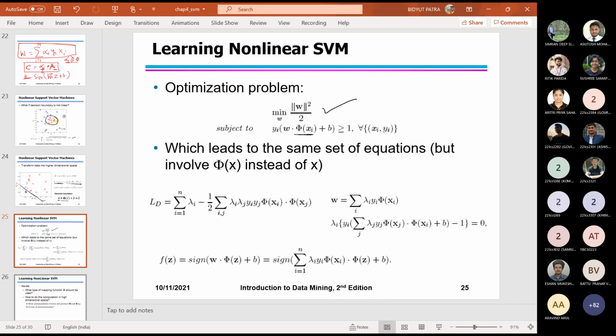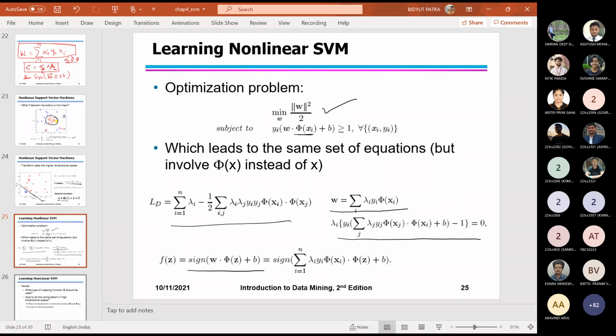So now if we formulate, this is all the details of the formulation. Here W earlier was lambda yi xi, instead of xi it will change to phi xi. And then obviously we'll get the same thing, so we can compute w, and finally, if any new sample comes, we have to convert it to the higher dimension, take the dot product, and then put the sign.